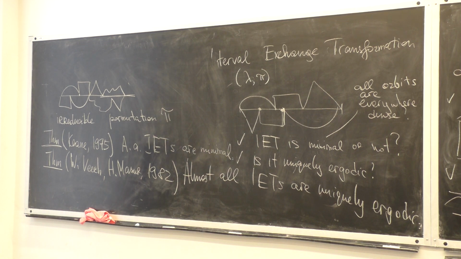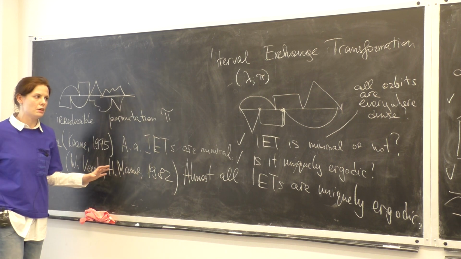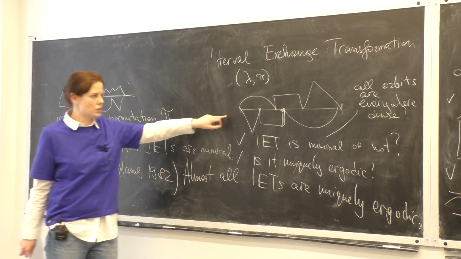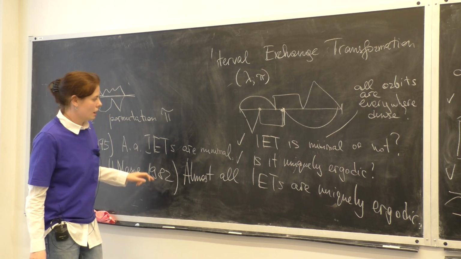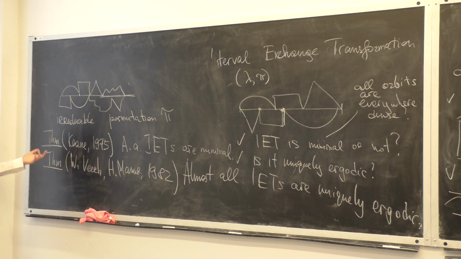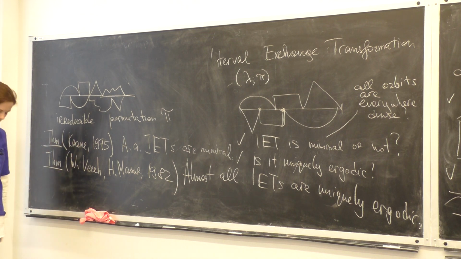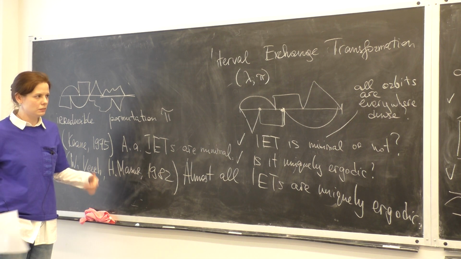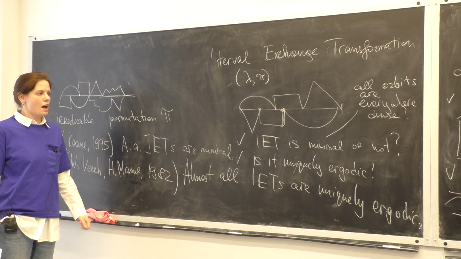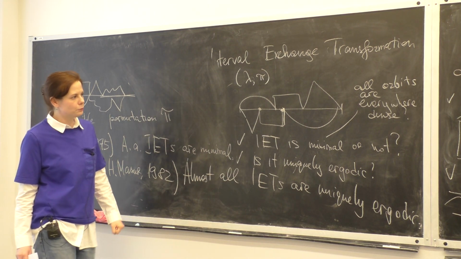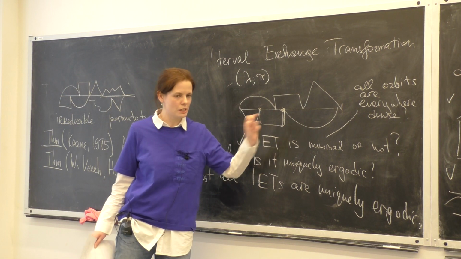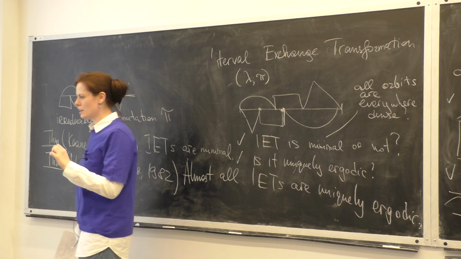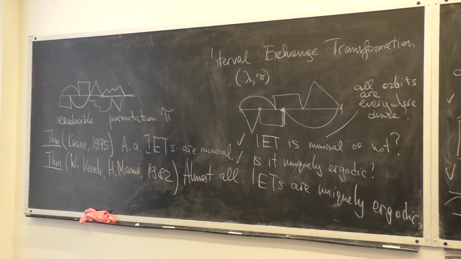I need to say just a couple of words about interval exchange transformations in this case. How did they treat them? How were they able to prove something like Keane's statement? And what is the reason why it works? Apparently, you can do the following. Having an interval exchange transformation, you can define another one that will live on a smaller support interval, but will have the same behavior of orbits.